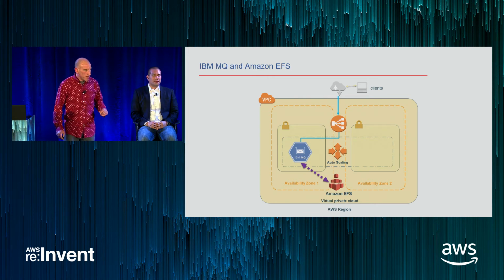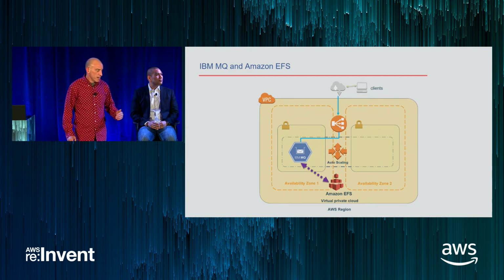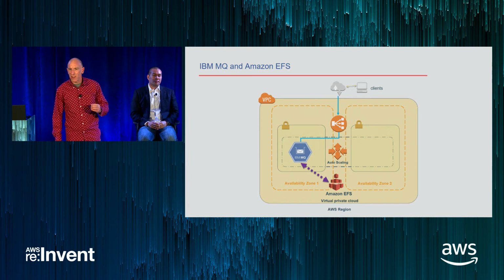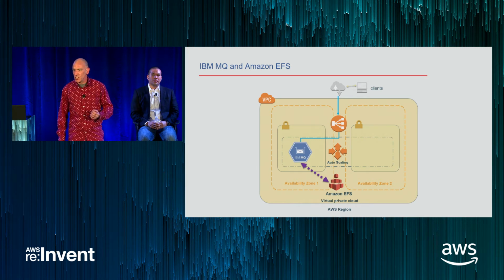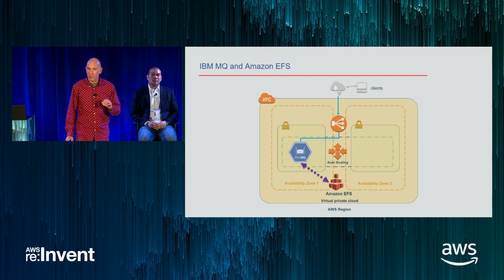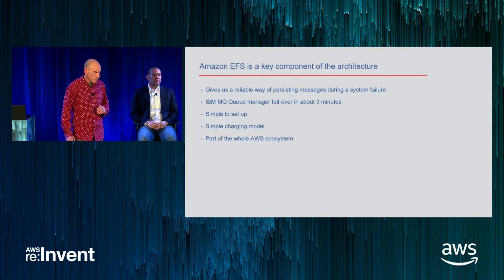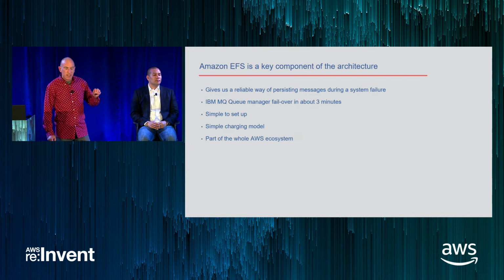Our first setup was very, very simple. Just a queue manager using an auto-sharing group to failover and hooking into that EFS file system. And as soon as the auto-sharing group detected a failure, the MQ server was brought up in the second region, and because the data was nicely, securely stored on EFS, when the second server comes up, everybody's happy and nothing's lost, and the server carries on as if nothing's happened. So it's a key point of our architecture. It's the thing that makes it happen.